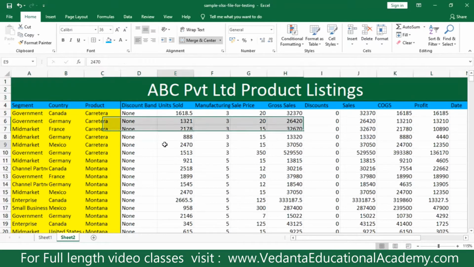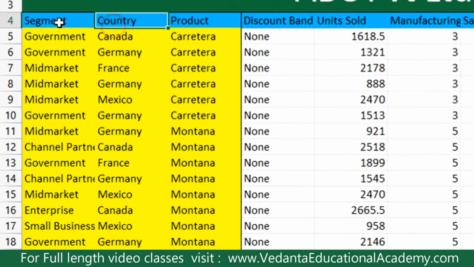Okay, yes. So here we are going to understand this big data in some better way by using filters. How do filters help you? Look here, there is a column heading called segment, country. Segments are government, mid-market, channel partners, enterprise, small business, and the countries are Canada, Mexico, Germany, France, India and so on, and there are some other products also available.